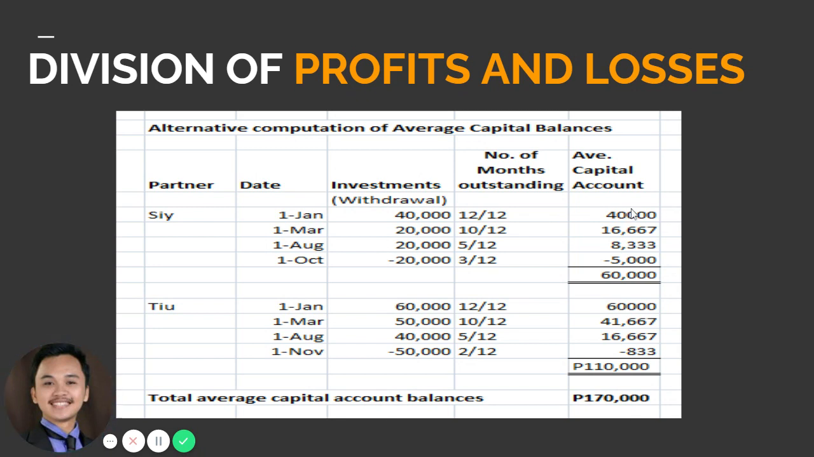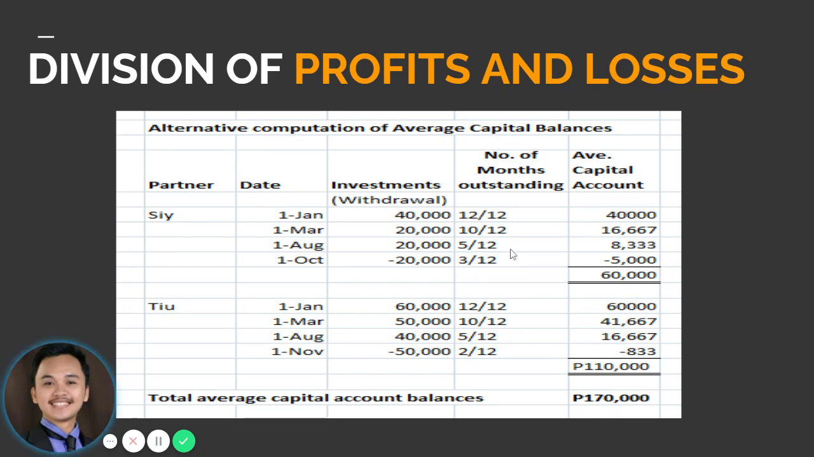So it's 40,000. For March 1, additional investment na 20,000, it will be multiplied to 10 over 12 because outstanding siya from March to December. So there are 10 months from March to December. So it will give you an average capital balance of 16,667. And for August, nga 20,000 nga additional investment, so multiply it by 5 over 12 because there are 5